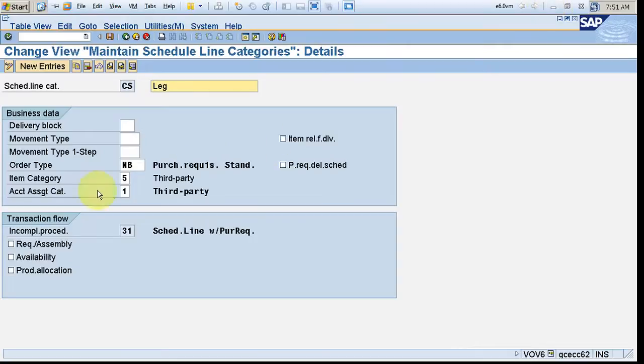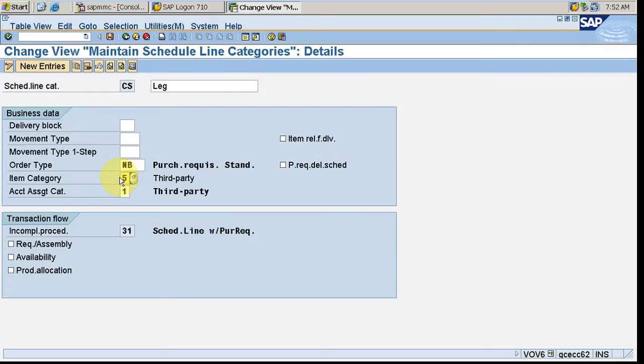If it's only PO, then we don't use this. First it will convert to PR, then to PO. If you have the third party diagram with you, you can see it very clearly there, which I sent yesterday, and you can see all these controls. So order type NB, and these are familiar interview questions: what triggers the purchase requisition in third party process? That's order type NB. These questions are already covered in the business process.